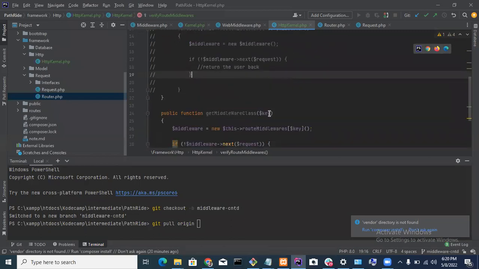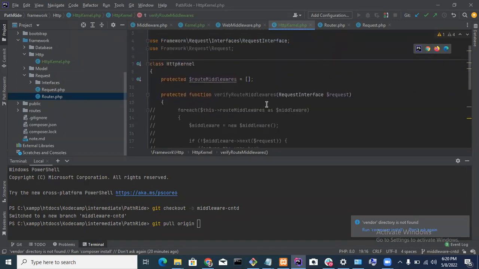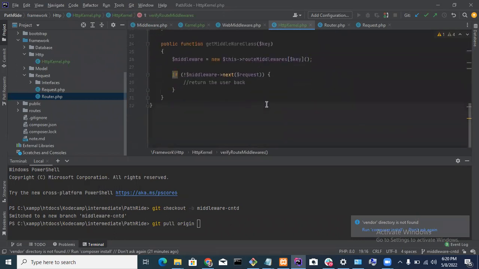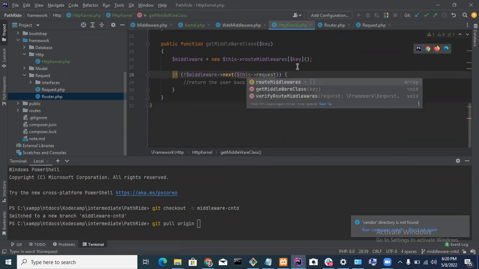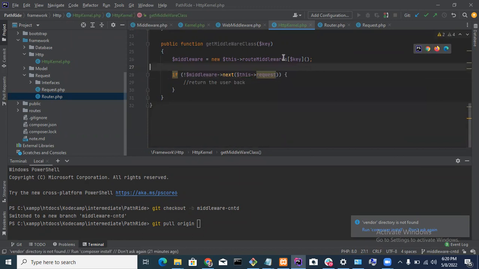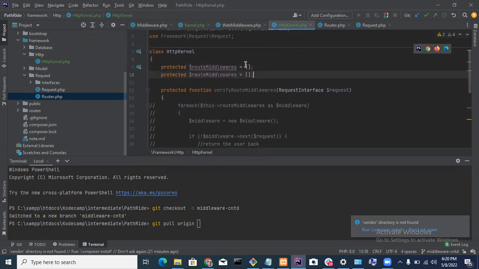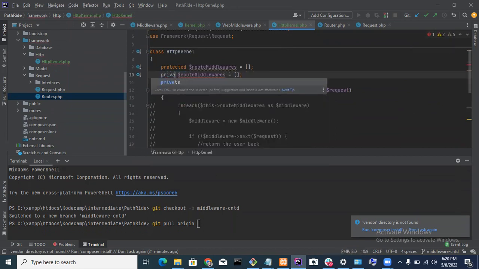So of course, we do not want the request to be manipulated at any time. So I'll just make it private.